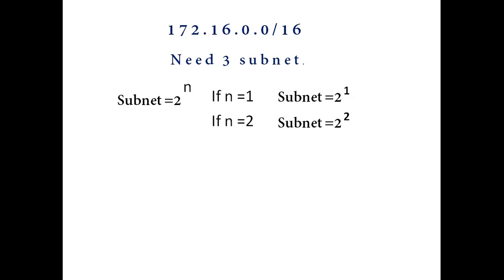So for doing subnetting, there is a formula, that is subnets is equal to 2^n. So if n is equal to 1, means what? If I convert one host bit into a network bit, then you will get only 2 subnets here, but the requirement is 3. Now again, if n is equal to 2, means if I convert 2 host bits into network bits, then I will get 4 subnets here. Now our requirement has been fulfilled.